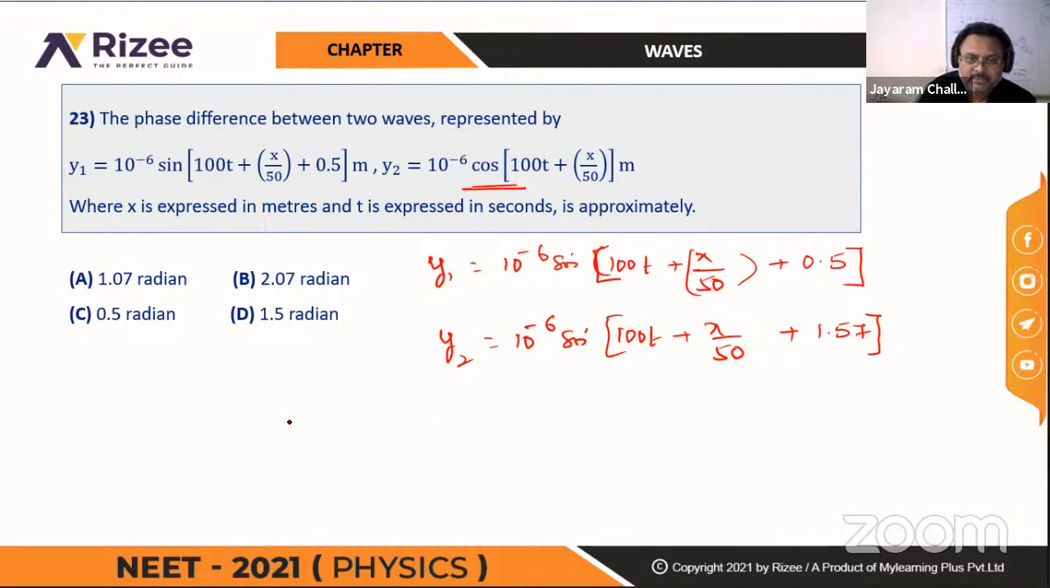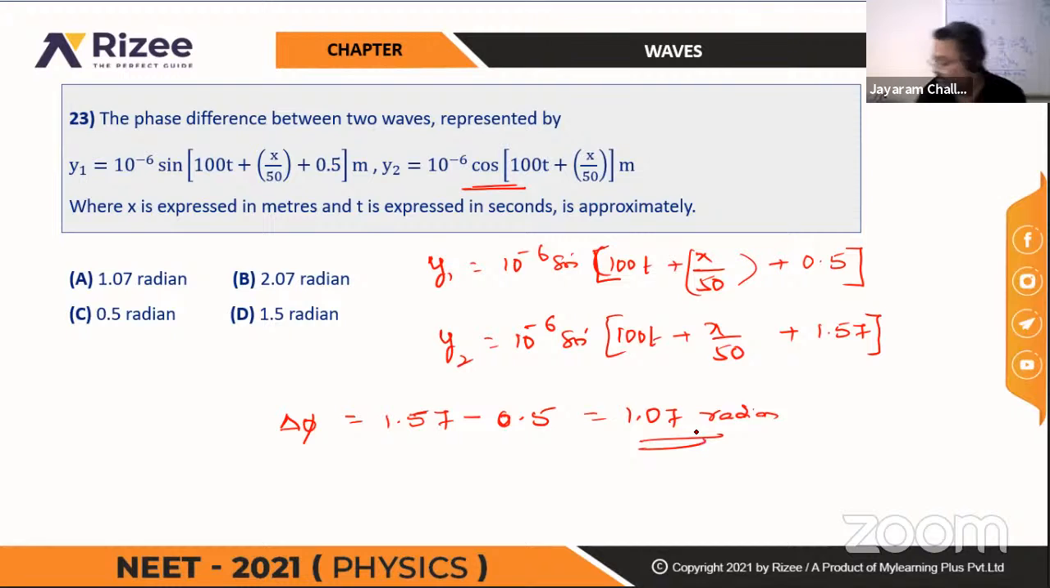Now subtract these two things, phase difference, delta phi will be, all the other values will be cancelled. Left over is 1.57 minus 0.5. So that will be 1.07 radians. Next,